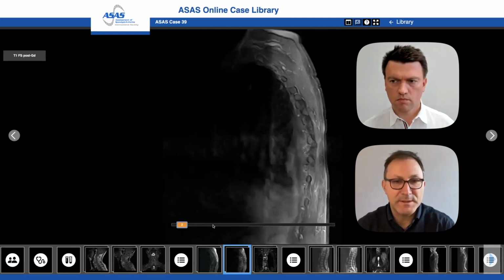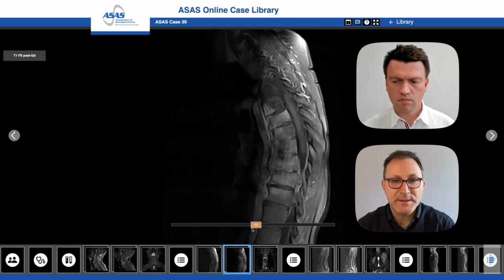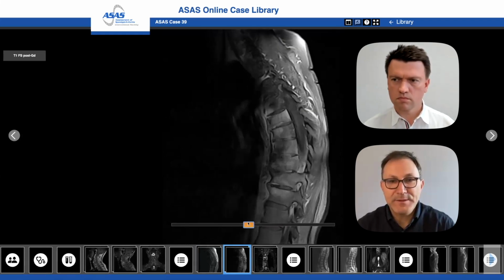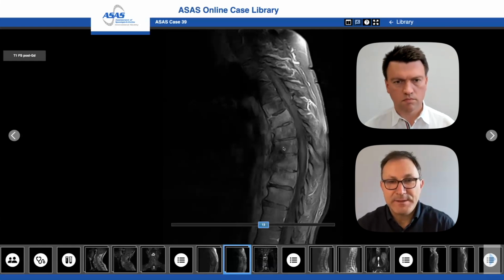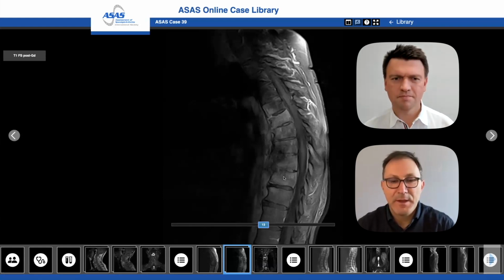Comparing it with the T1 weighted scan after gadolinium injection, you see that there's in fact very pronounced enhancement of the bone marrow of at least 6, if not 7, vertebral bodies of the thoracic spine. And we see this dark appearance here, which is due to the fatty component, which is not enhancing. And this is also good to show that same